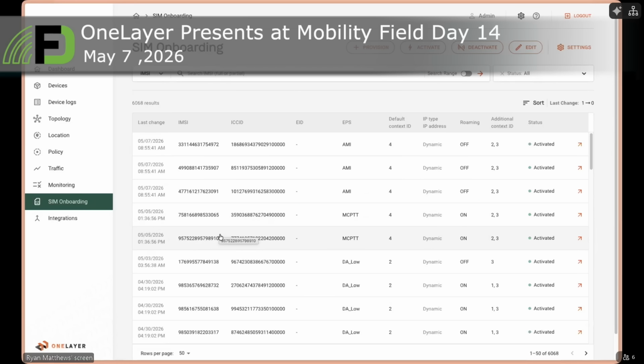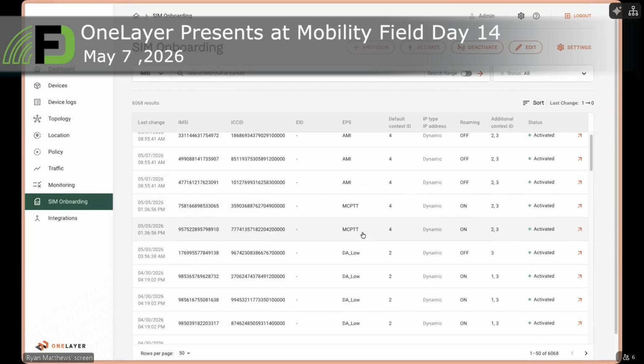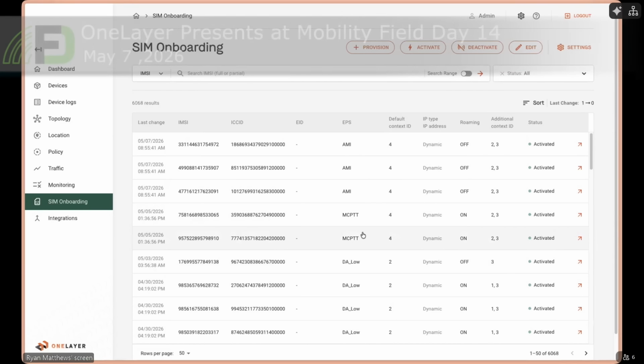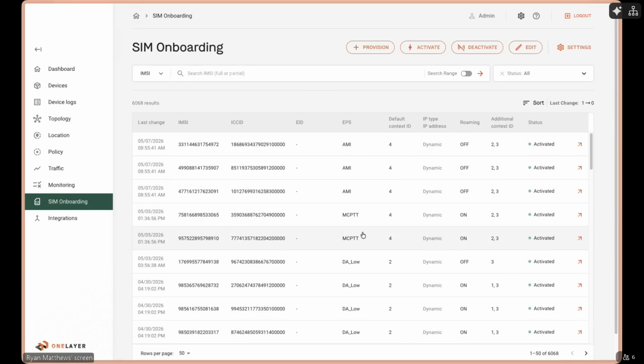Okay, so let's start from here. This is likely what you would see, very similar to what you would see if you were logged into your cellular core. I don't care if it's Nokia or Druid or whatever. You're going to see a list of a bunch of identifiers that are crazy and hard to read. And this is, I think, what's important to understand contextually is that this is the view you have if you